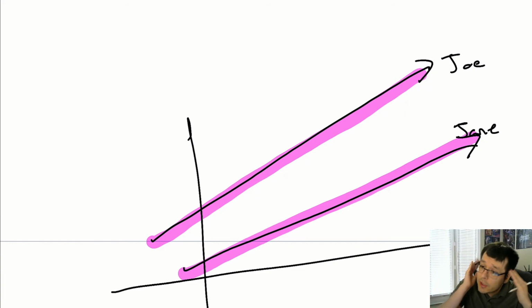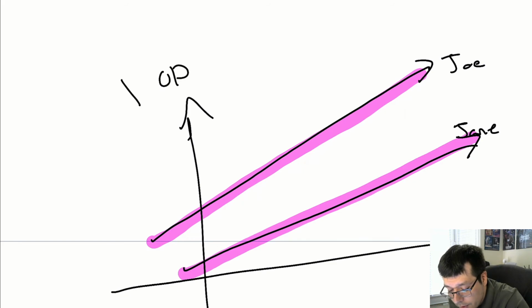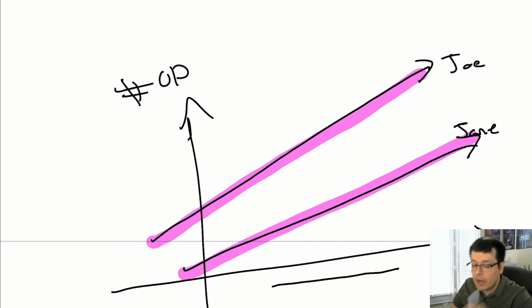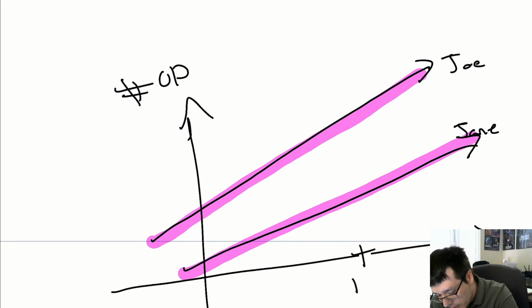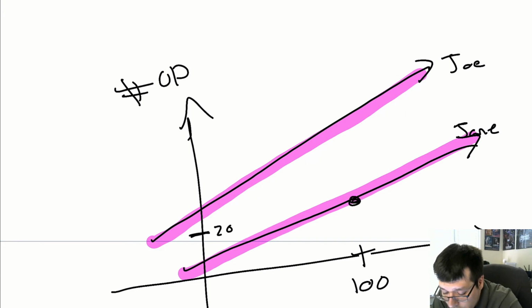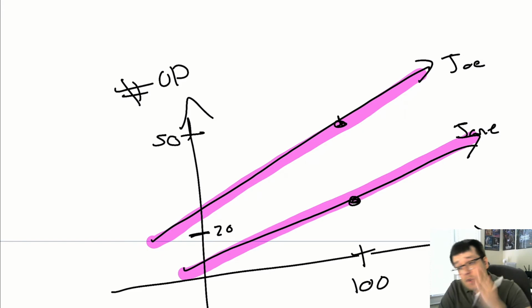That's right. And that's very important that you understand. Now, if anybody was thinking Joe, let me explain why that's not the case. This is number of operations. And this axis is the number of the data that you're working with, okay? So what this is saying is, even if the amount of data that you're working with increases, so you feed your algorithm more data, it's not taking more operations to run. So it's pretty efficient in that sense. Let's say right here, this is 100. Even when you're feeding it 100 numbers, maybe this is 20. It's 20 operations, whereas over here, it's more like 50 operations. And the fewer operations, the better. So yes, Jane's algorithm is better, flat out. Okay? However,